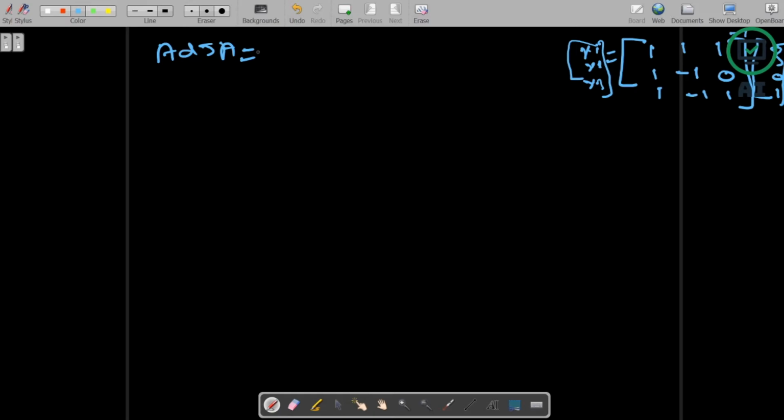So the adjoint of A is nothing but, as I already explained here, write this matrix in this format. What we have to do is take this center point, first write this one minus 1, then go to the second one, this part minus 1, then this one 1, and then again this one minus 1. Do the same thing for this column.